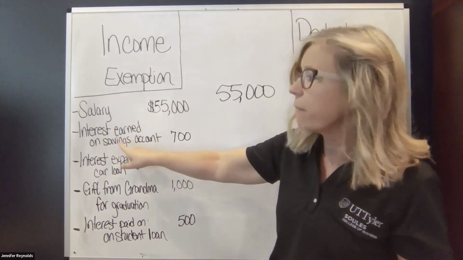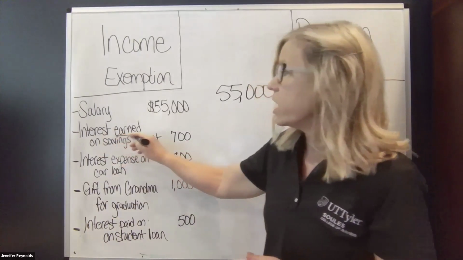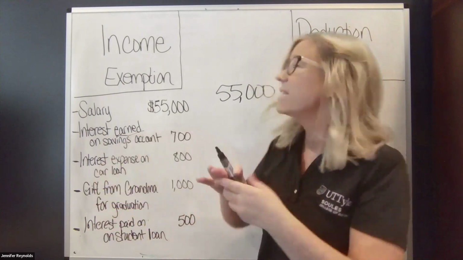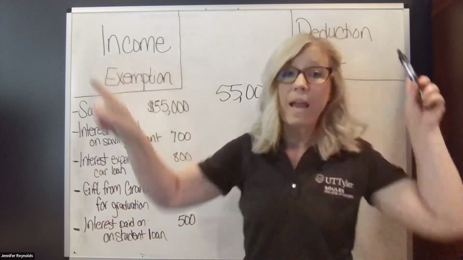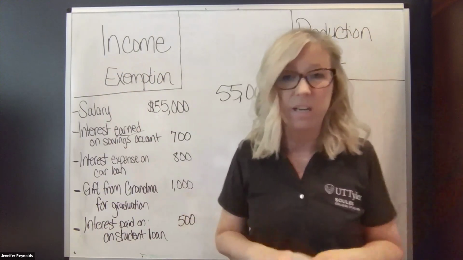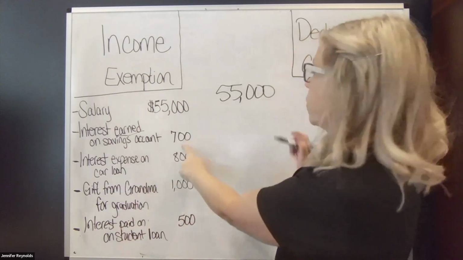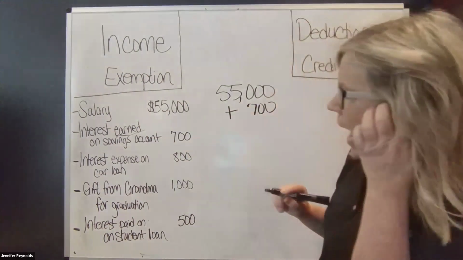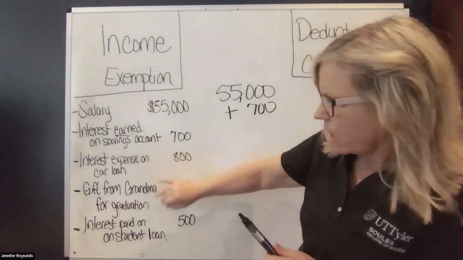But when I read this, I'm focusing on the fact that it says interest earned on a savings account. That means I got something. So that's income and not a deduction. I didn't spend it. I earned it. So we're going to add this $700. And okay, I've got an expense,